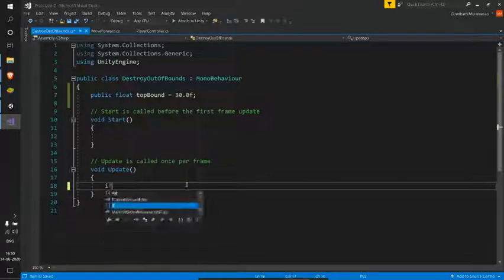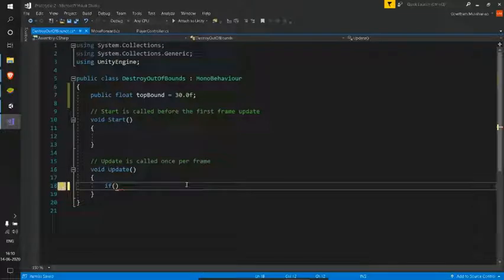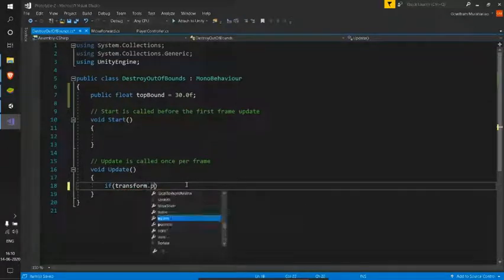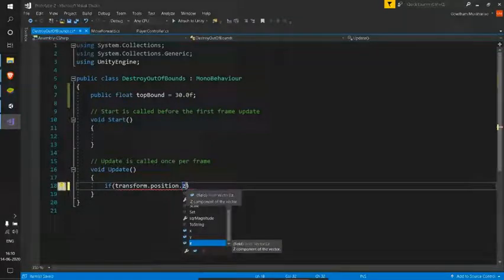To do that, we'll be using the same if statement again, and as this script is attached to my food game object, I can directly access its transform.position.z. So I'm accessing the transform component of the game object, and in the transform I'm accessing the position, which is a Vector3, and when I use dot z, it gives me the z component of the Vector3.